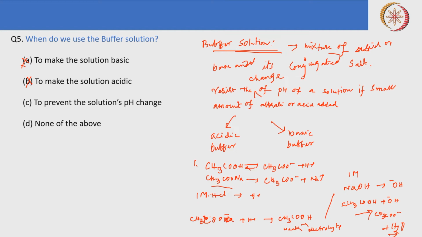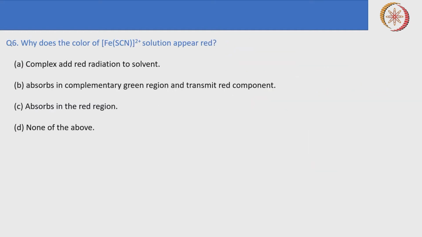Okay, so to prevent the solution's pH change, as I have mentioned in the definition, that it resists change of the pH, so C is the answer, and none of the above cannot be the answer. Okay, so the next question is,